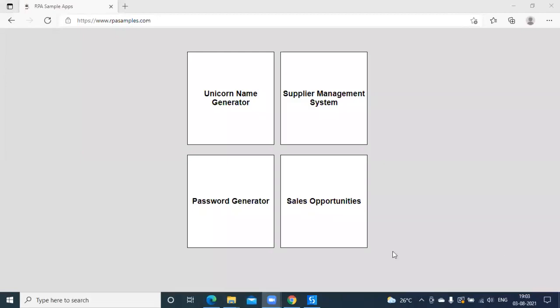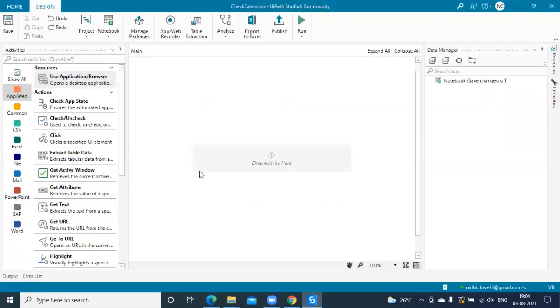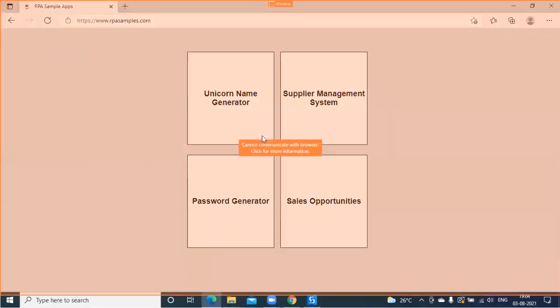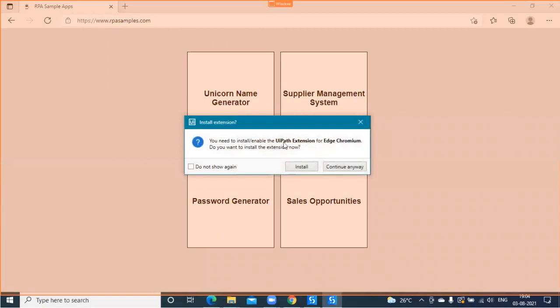Now let's see how we can do it with the Edge browser. I've opened this particular application in the Edge browser and we will see how we can automate any application on the Edge browser. I'm trying to connect with this particular web page again and cannot communicate because the extension is not installed. When you click on it, it will ask you to enable the extension for Edge.